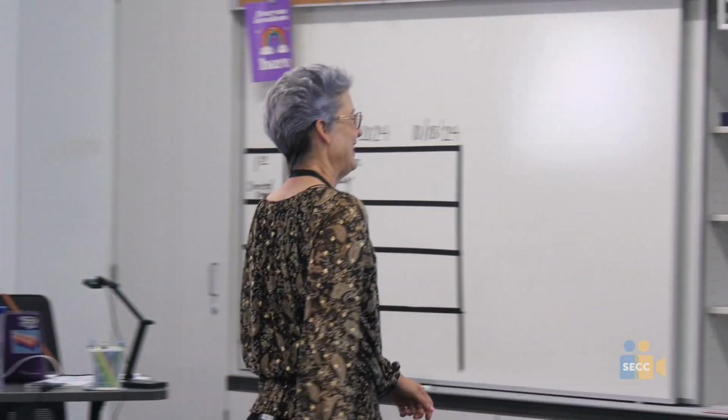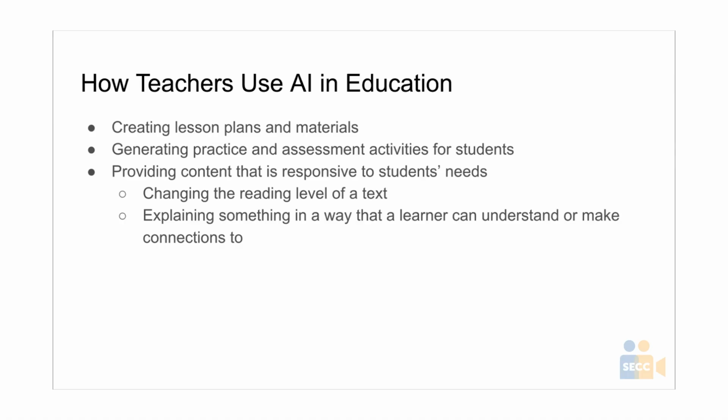And so on. So I gave a few examples. If a text is written at 9th grade level, but they have a student who really is just reading at 6th grade level, they can give the text to the tool and it will rewrite it at 6th grade level for them. Explaining like in video game language,